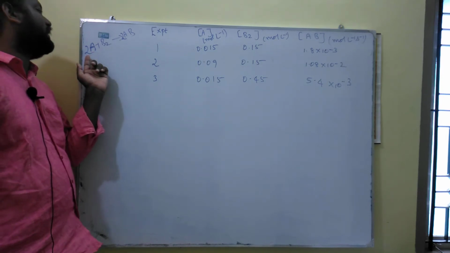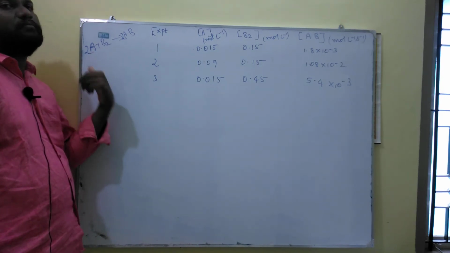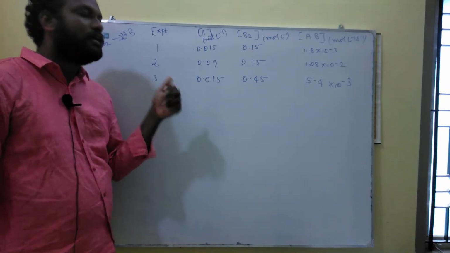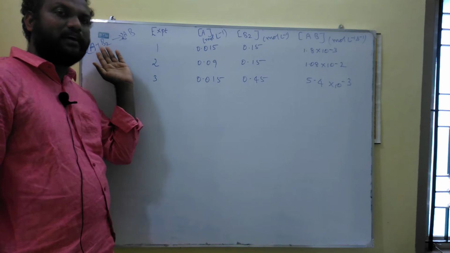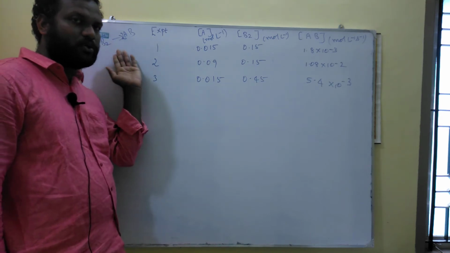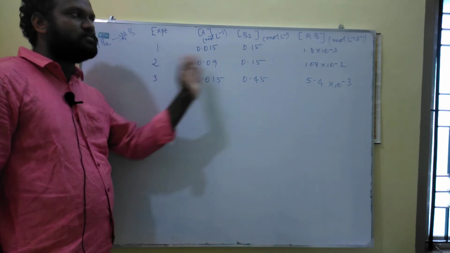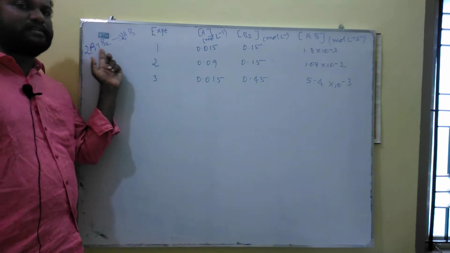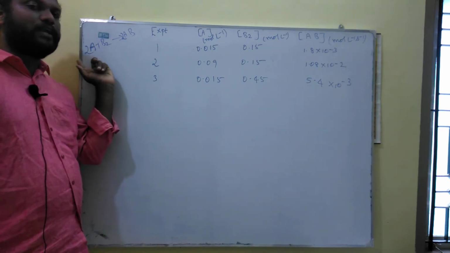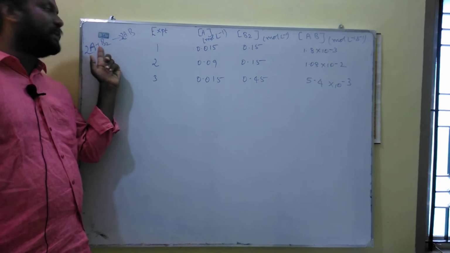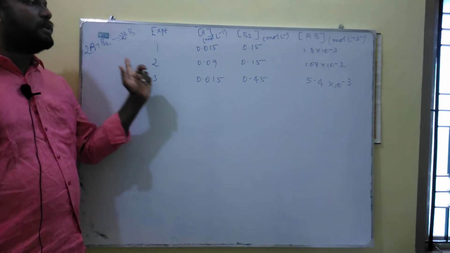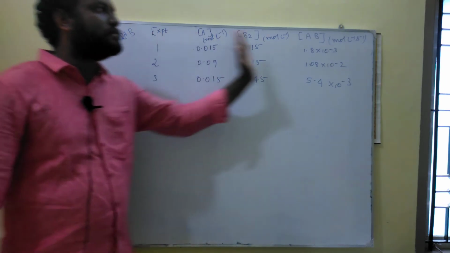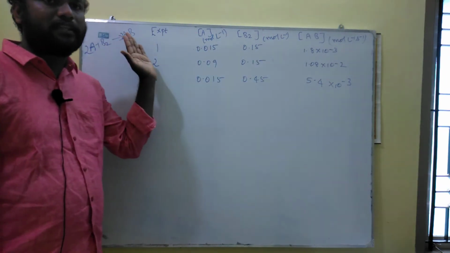We will have only the molecularity, 2 plus 1 equals 3. But order is experimentally determined. We cannot give the values from the equation. So we have to calculate from the experimental data. This is molecularity, not order. From the balanced equation, only molecularity we can arrive at. Molecularity of the reaction is 2 plus 1, 3. But the order of the reaction you cannot get from the balanced reaction. From the experimental data only you will get the order of the reaction.